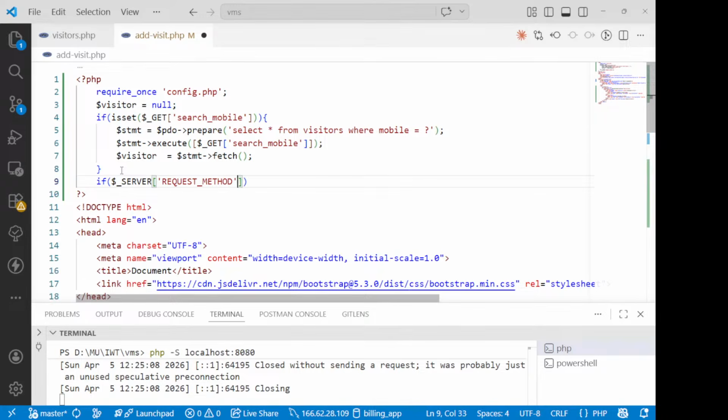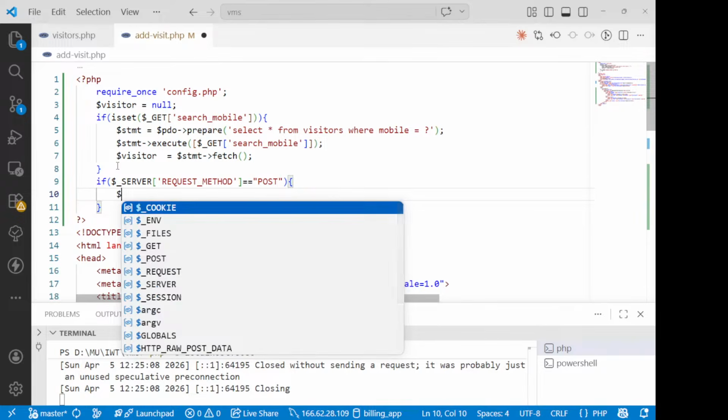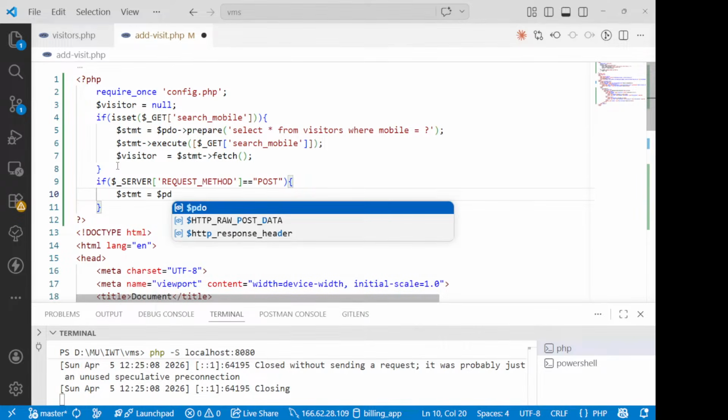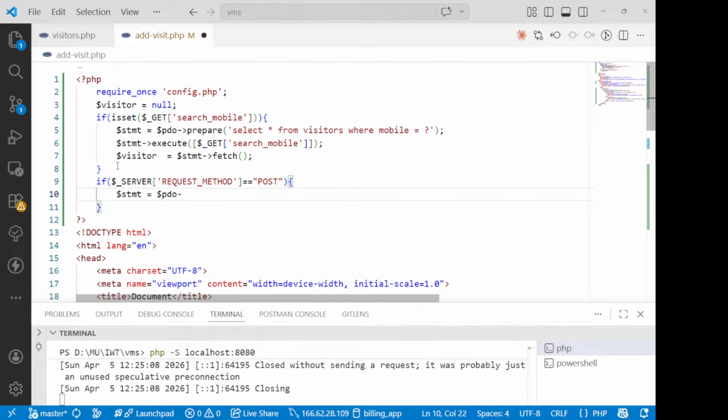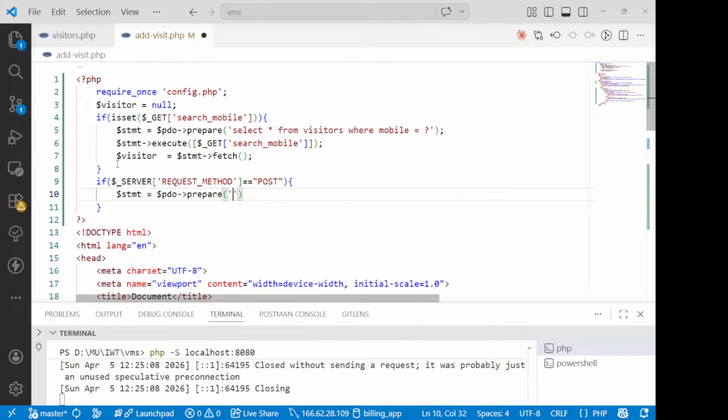रिक्वेस्ट मेथड से आपको पता चलेगा किस तरह से रिक्वेस्ट आया, पोस्ट से आया, गेट से आया. हमें पोस्ट वाला चाहिए तो पोस्ट वाले पर लिखेंगे यहाँ पर, अदरवाइज ऊपर तो हमने गेट में लिखा हुआ है. So in that case we are going to create $empty statement, उसमें हमें जो डेटा मिला है उसको हम इंसर्ट कर देंगे. That is going to be prepared, because whenever you are taking the data from the user, we need to take